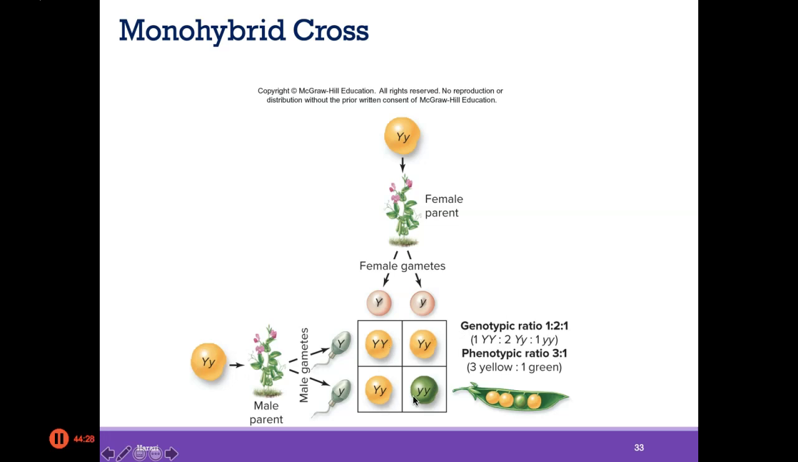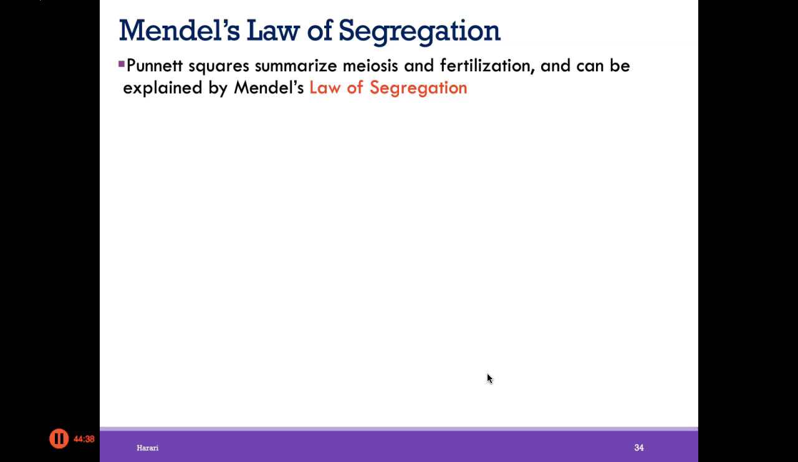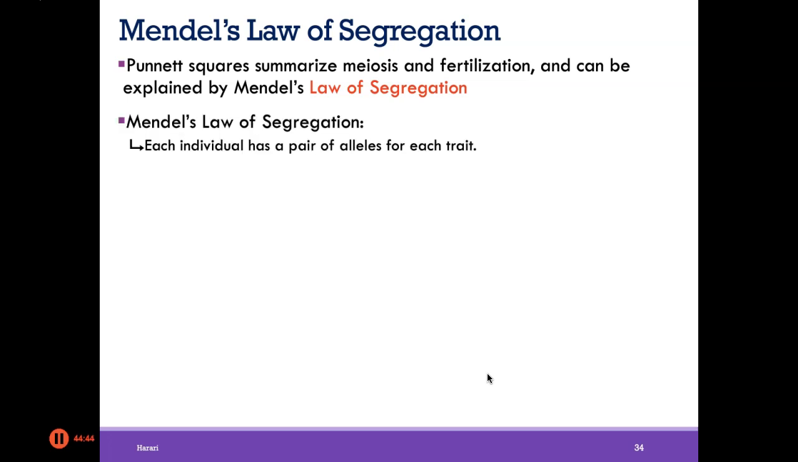And again, that 3 to 1 phenotypic ratio. So just make sure those ratios make sense. And the ratios could be explained by the law of segregation partially. Punnett squares summarize meiosis and fertilization. Right, and could be explained by Mendel's law of segregation. So Mendel's law of segregation states that each individual has a pair of alleles for each trait, and that these